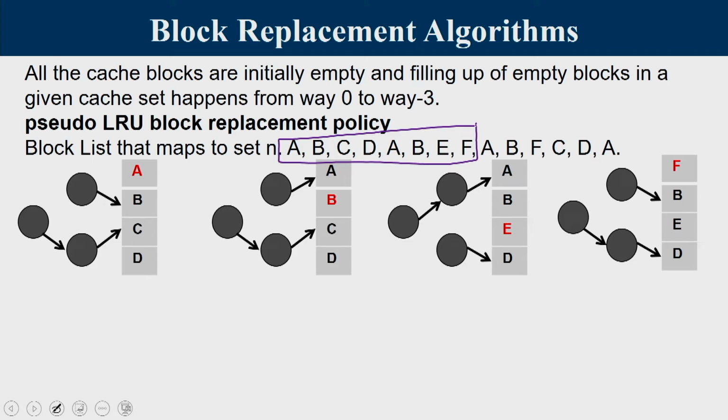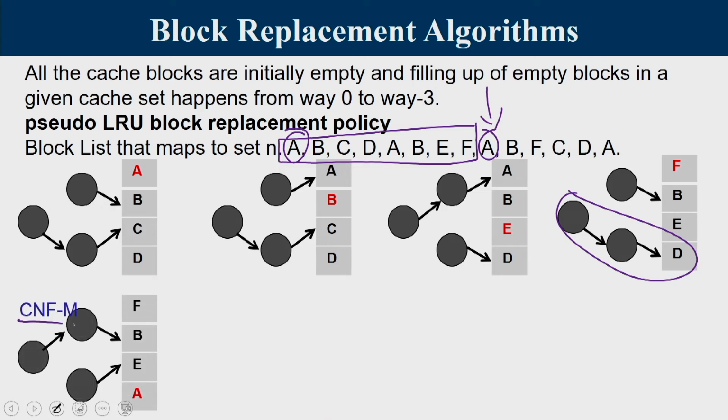Now the next request is to A. We know that A is no longer present and A is a miss. And the pseudo LRU block at this point is D. So replacement of D happens. But A was already demanded in the past and now I am demanding A once again, but it is not present. A has been evicted in this process. So this is no longer a compulsory miss for A. This is called a conflict miss, CNF, where D gets replaced with A, and since I am going to access the lower half, the LRU is pointing upwards. This side no change. This arrow gets flipped. Previously it was pointing to the last block, now it is pointing to way 2. So this is the position at which this is.